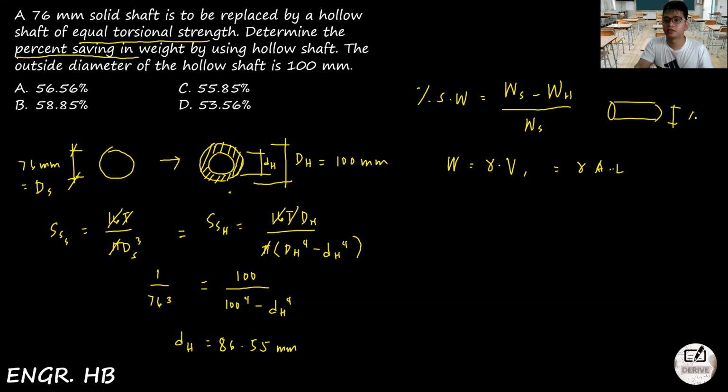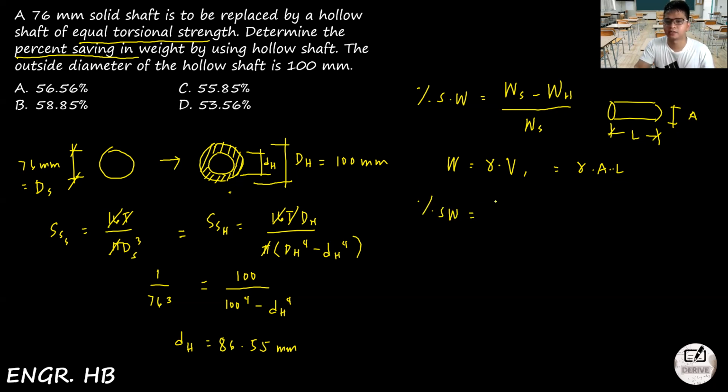So this is your area and this is your length. Okay, palitan ko lang to, medyo pangit yung A. So, ganyan lang. So, that was specific gravity times A times length. So, our percent saving in weight is equal to